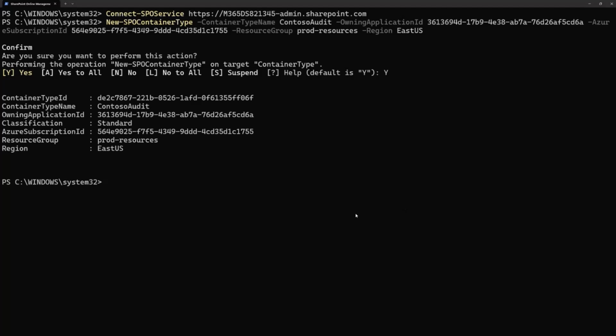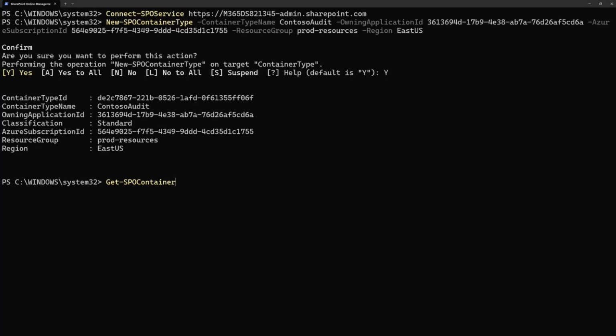And this will create a new billable container type, which can now be registered in the consuming tenants for the customers to use and start creating containers and start loading and uploading files, sharing and performing all the actions that they want. I just want to make sure that this container type is